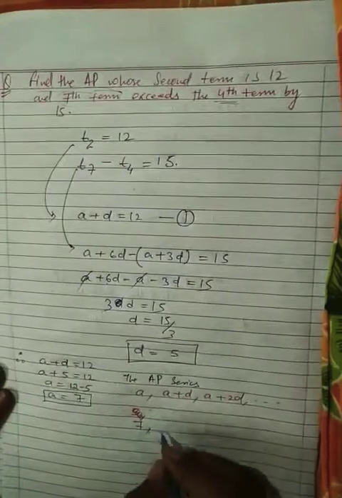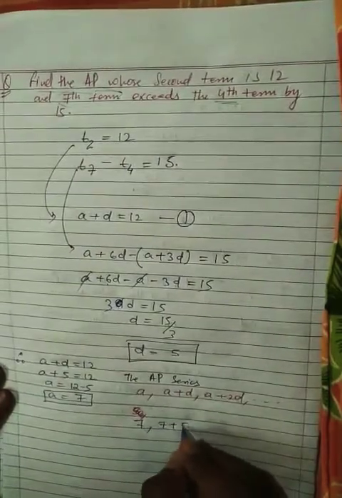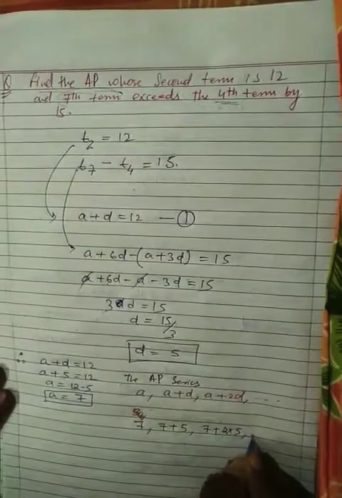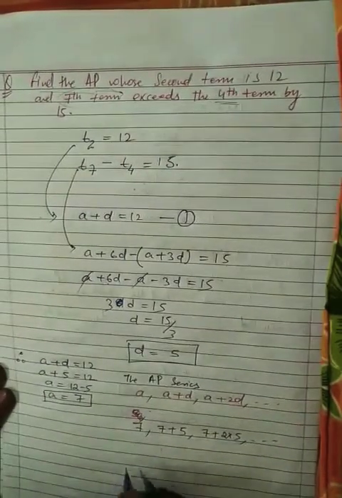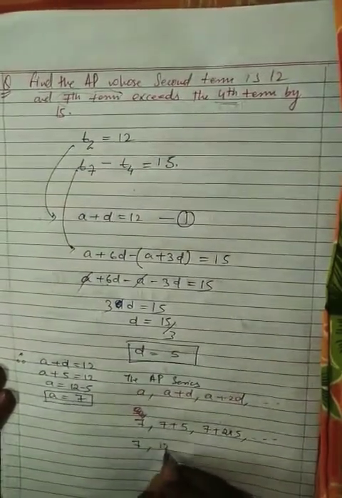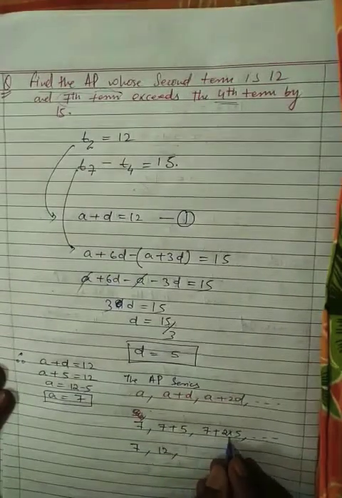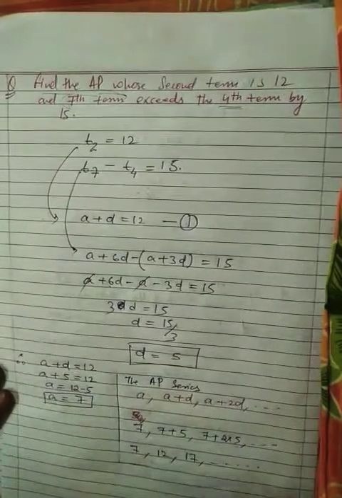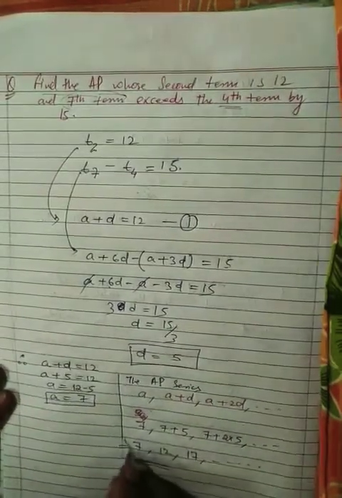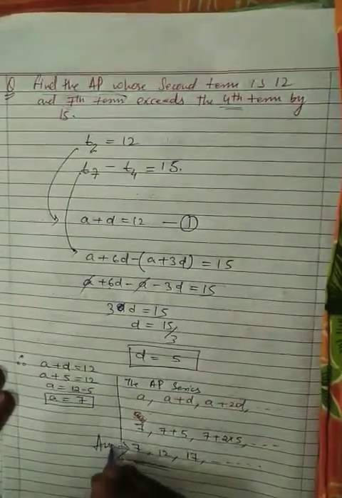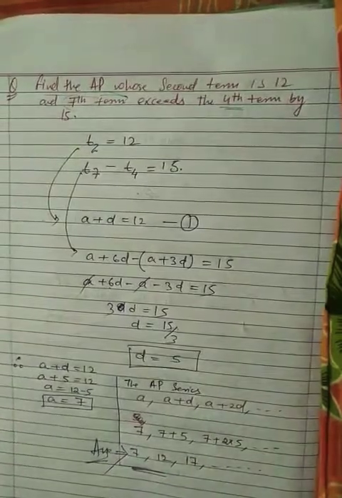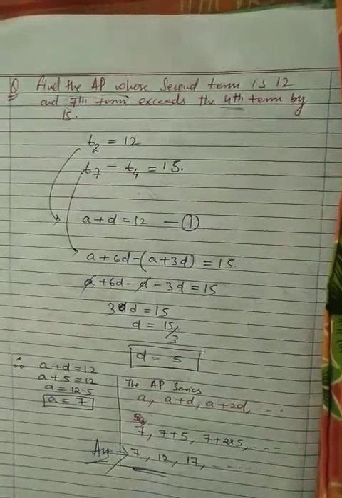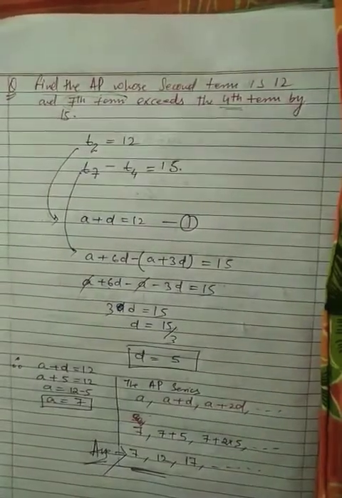Then we have 7 plus 5, then 7 plus 2 into 5, dot dot dot. So we get 7 comma 12 comma 17 comma dot dot dot. So this is the AP series we're getting. Clear? So this is how we find the AP series. Okay, so the type of question which we get from